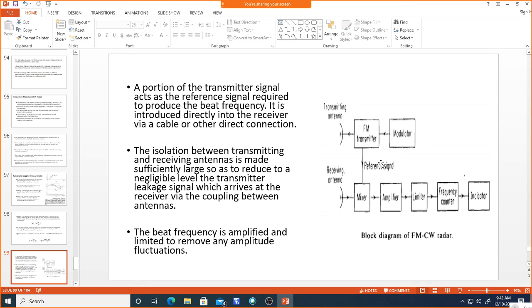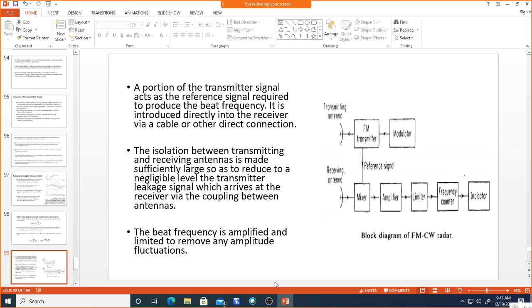Okay. So now the isolation between transmitter and receiver is very much necessary, and it should be sufficiently large. If it is not large, then interference happens between the transmitting and receiving antennas. That interference signal leaks as a noise signal into the receiver, so that leakage we need to take care of. The mutual coupling between the transmitting and receiving antenna should be minimized. Whenever this mutual coupling increases, the interference will happen, and because of that we cannot detect the beat frequency properly.